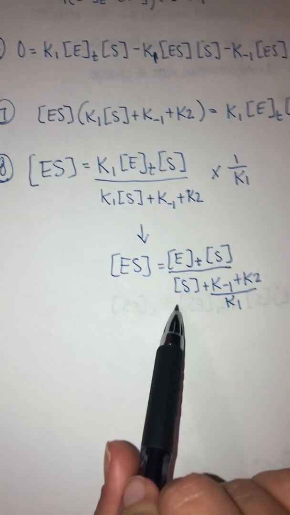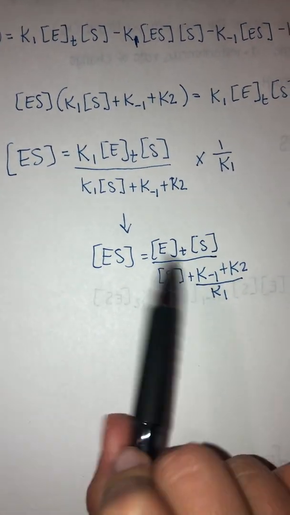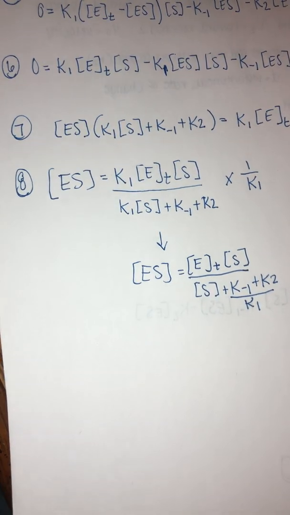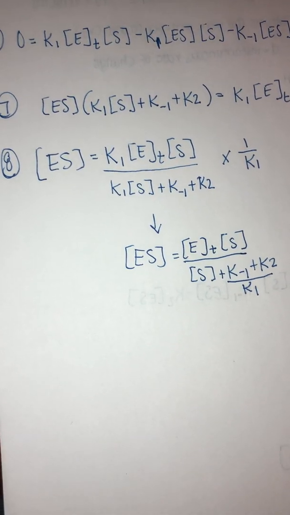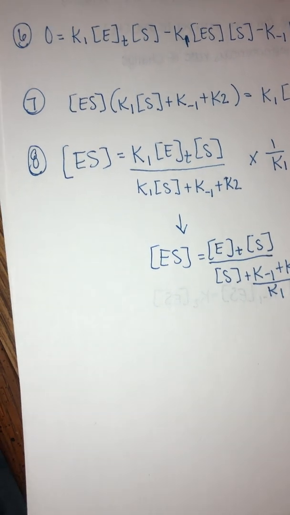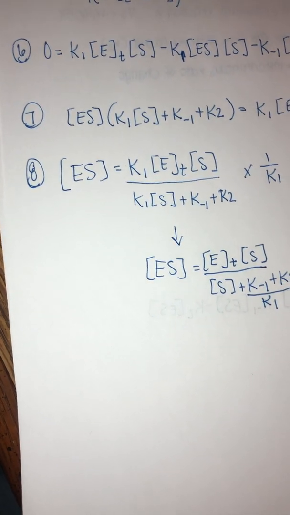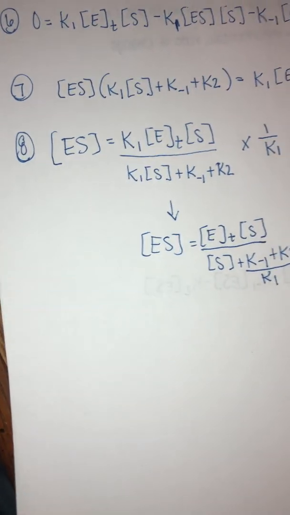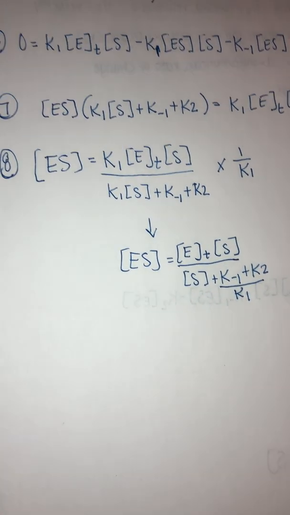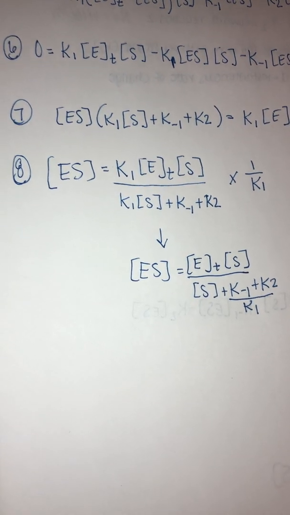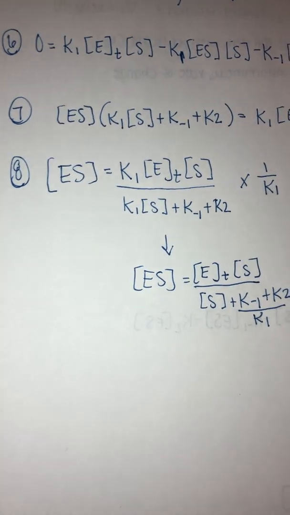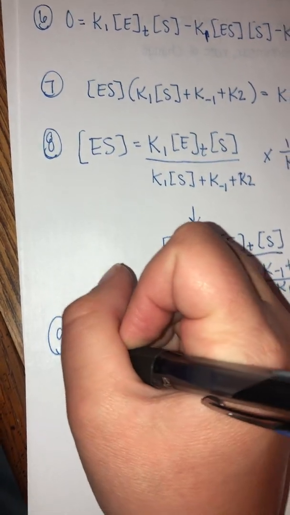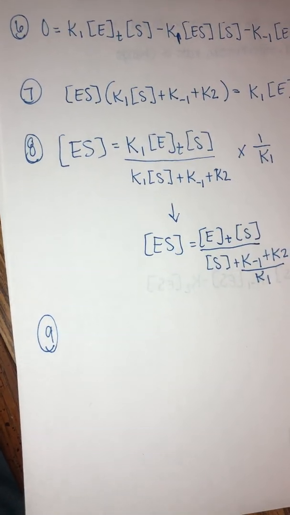Okay, so this here is done from that first step where we had the E plus S yields the enzyme substrate complex, sorry. So now we're going to use the second equation that we have, which was the enzyme substrate complex yields the enzyme plus the product, to get the second part of this equation. So with that being said,